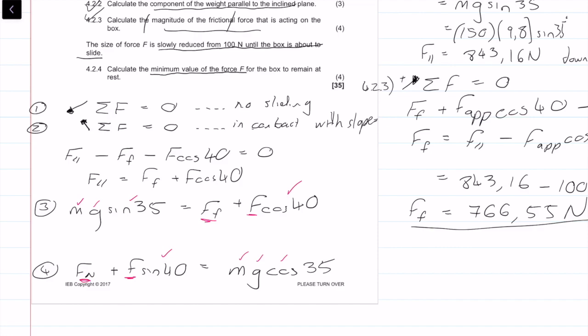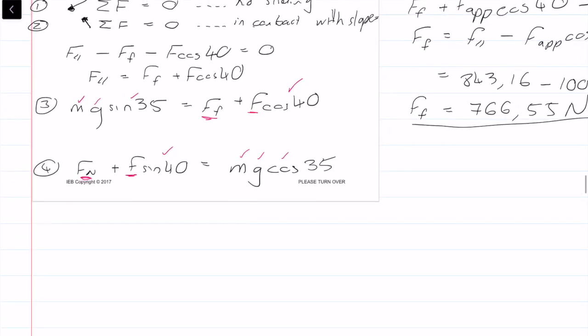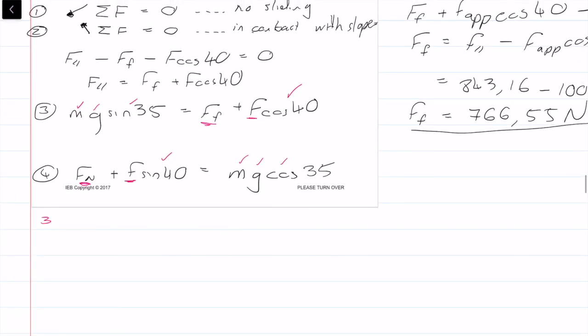So let us rearrange this equation 3. So equation 3 can be written as mg sine 35 is equal to mu times the